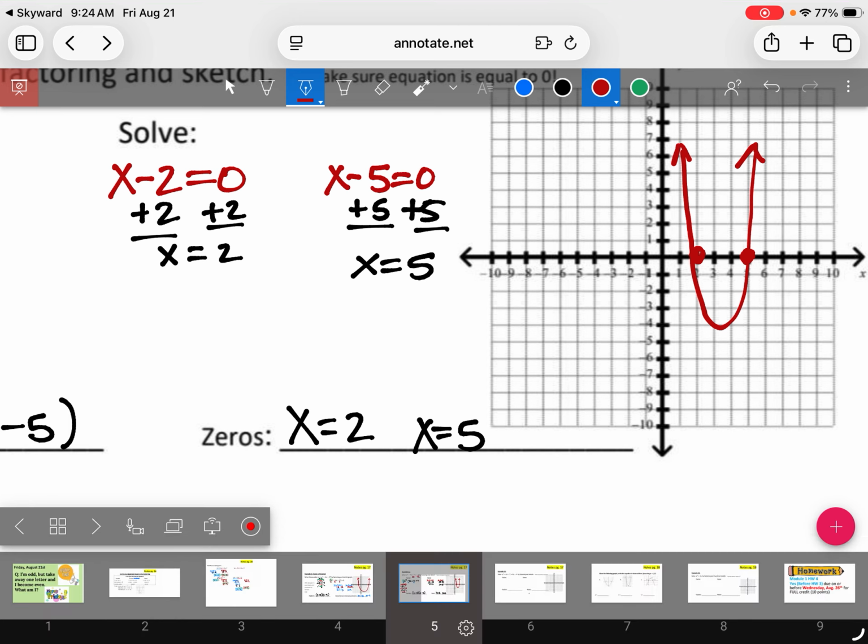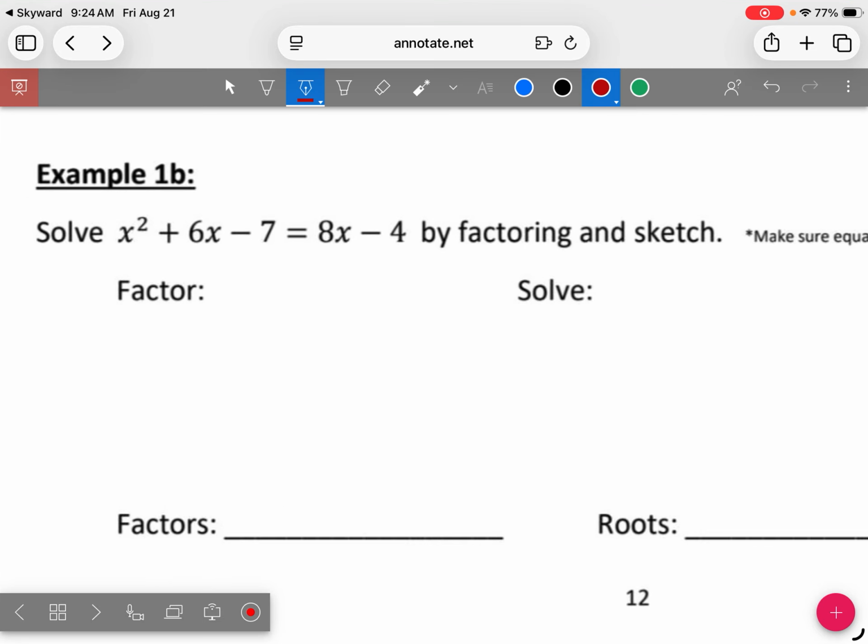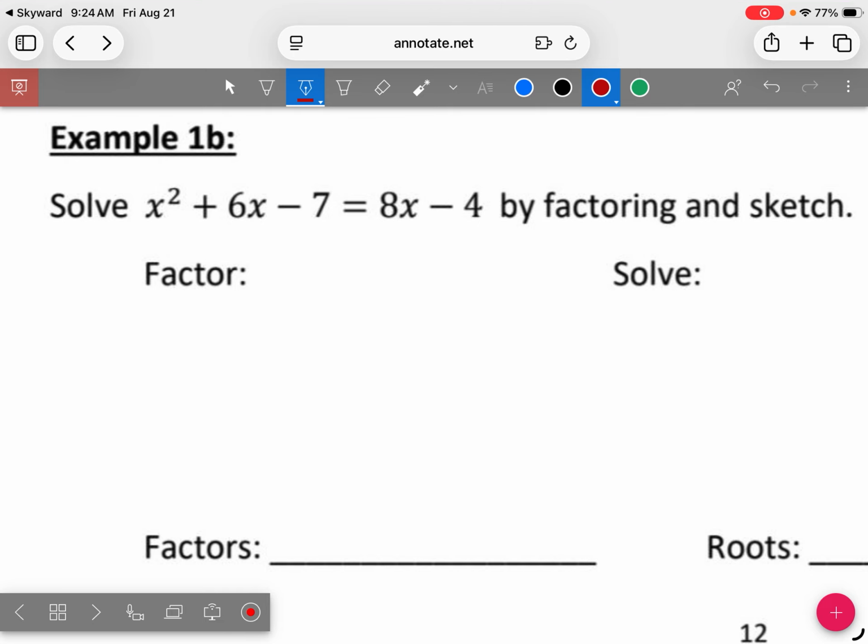All right, just a few more and then we will be done for today. Well, 3 more to be specific. So I'm gonna go ahead and help you set this one equal to 0, and then after that I want you to factor it and solve it. I'm gonna come around and see what we get, but let's go ahead and get started by setting it equal